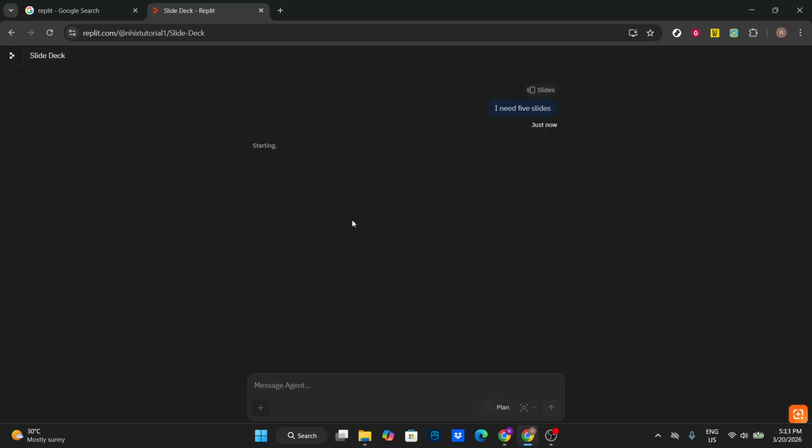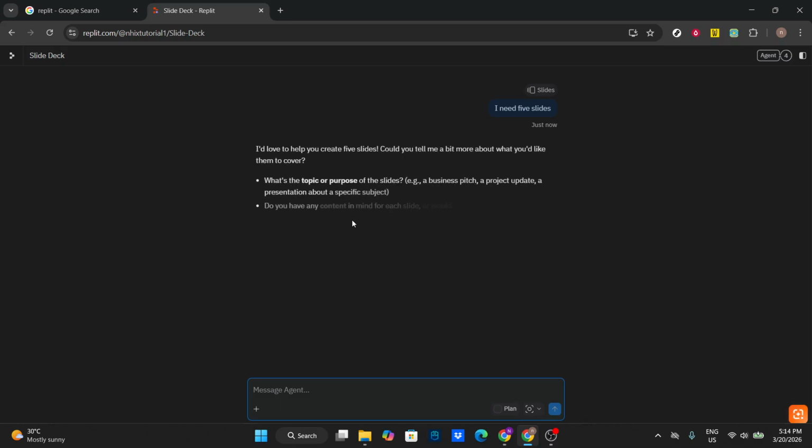Once the result appears, review the slides from top to bottom. Check that the opening slide clearly states the topic, that the middle slides develop your main ideas, and that the final slide wraps up with a summary or next steps. Edit any text directly if wording needs to be sharper, shorten long sections for readability, and make sure each slide has one clear message. If something's missing or the order feels off, adjust the content so the narrative flows naturally